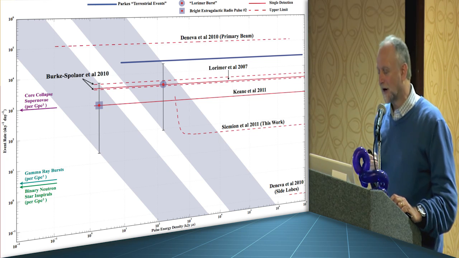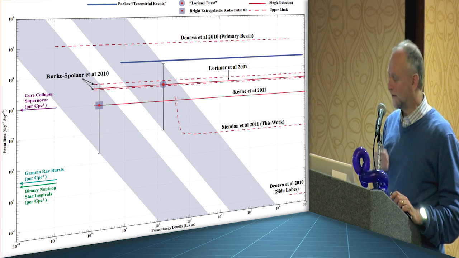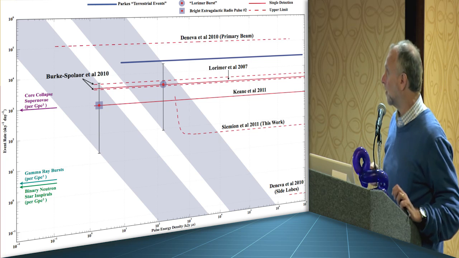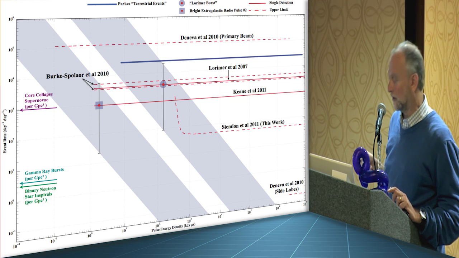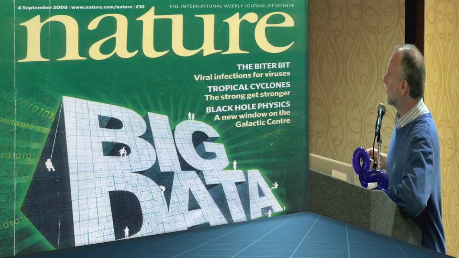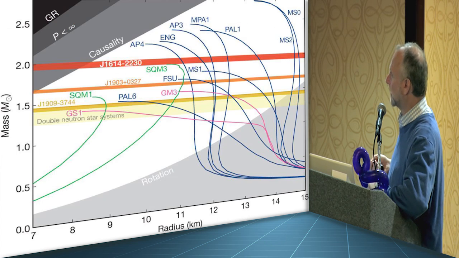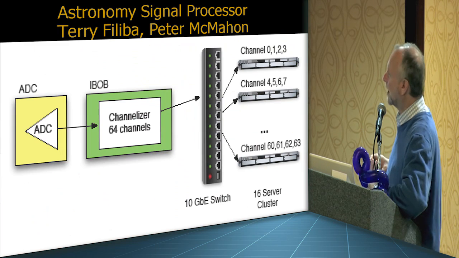And we just discovered them a few years ago, and we're trying to figure out what's going on. Maybe an exploding black hole, or we don't know. But we're trying to figure that out, and we discovered that with some of this technology. It got on the front cover of Nature. We made the first maps of the black hole at the center of the galaxy. We found a bunch of stuff.